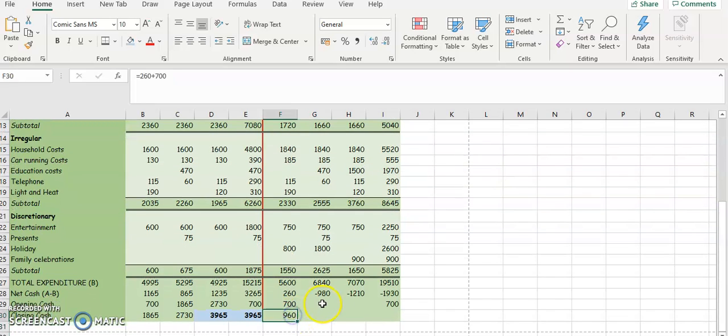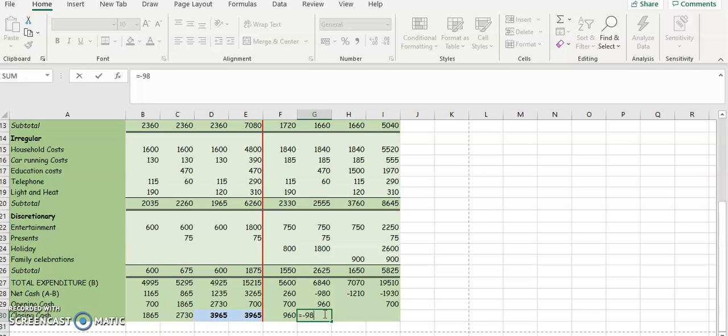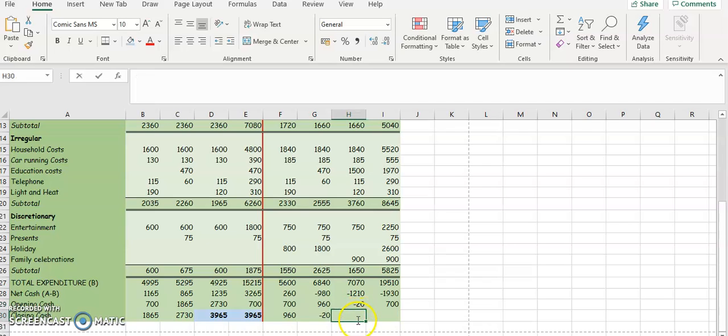So closing cash for one month is the opening cash for the next, which is 960. So then it's going to equal minus 980, because that's our opening cash plus 960. So you get minus 20. So it's going to be minus 20. And then you're going to equal minus 1,210